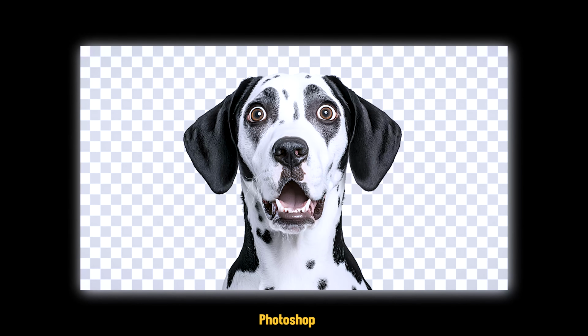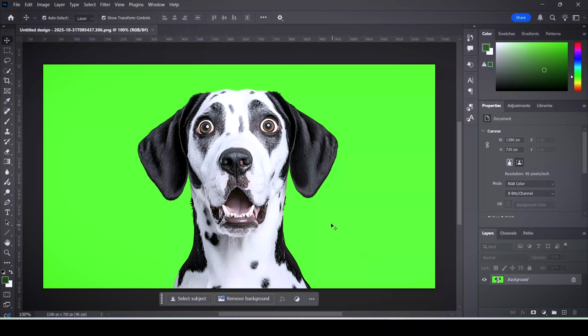In this tutorial, I'll show you how to quickly remove a green background in Photoshop. So as you can see right here, I have a green screen in my image, and the first thing I gotta do to remove it is to click on the image layer, then go to the select menu, and then